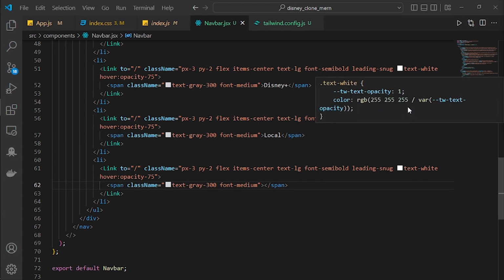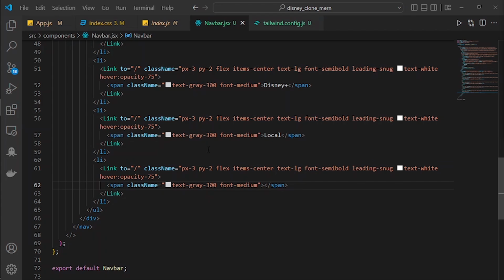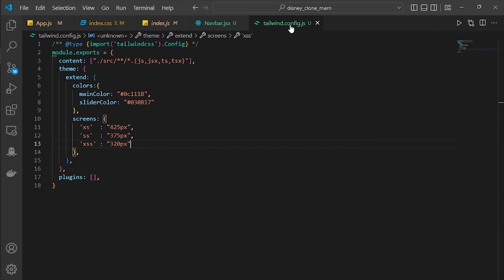It's using a background image, and for the background image we are going to set it inside of this Tailwind config.js. But first, let's go to the Tailwind config.js, and in here I'm going to set a new one called